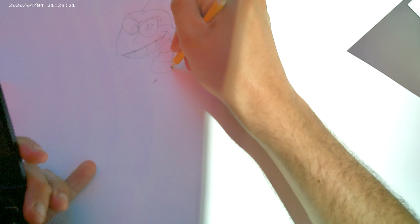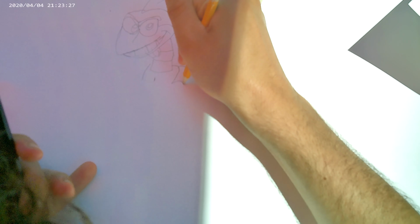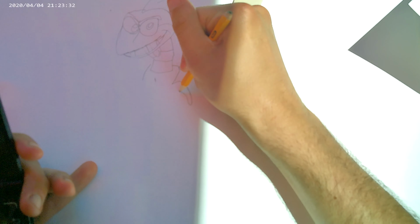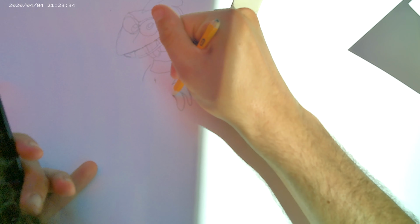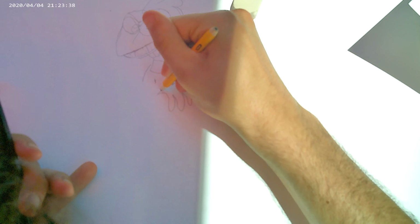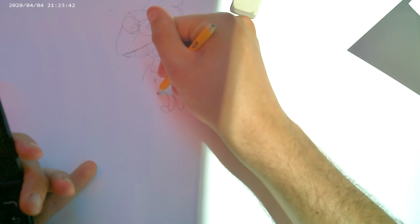Hold on, let me just draw the teeth. There's his finger. Okay, so